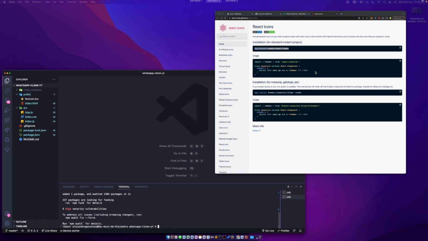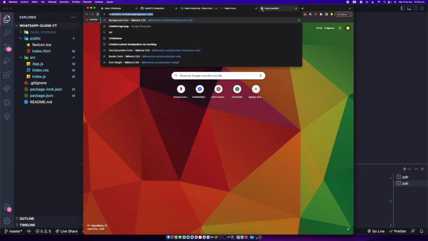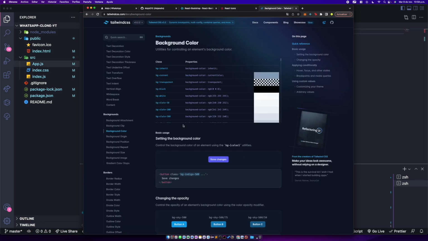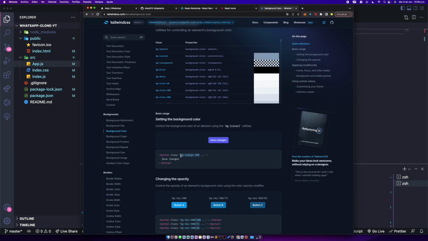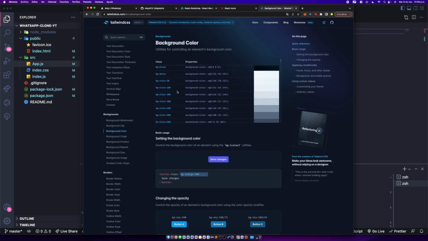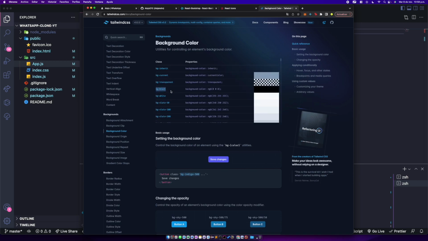And last but not least, we're gonna be using tailwindcss. So tailwindcss is basically a library that is gonna let us add inline style to our components. So instead of creating a CSS file for a component, we are just adding the inline style that we like. So for example, if we want to add, I don't know, maybe a background, let's see, black, we just need to write on the class name bg black. So it's really useful. It will save us a lot of time, and we're gonna reduce the amount of files